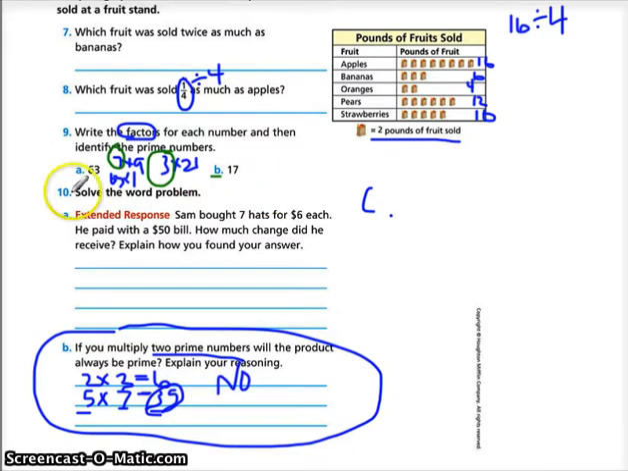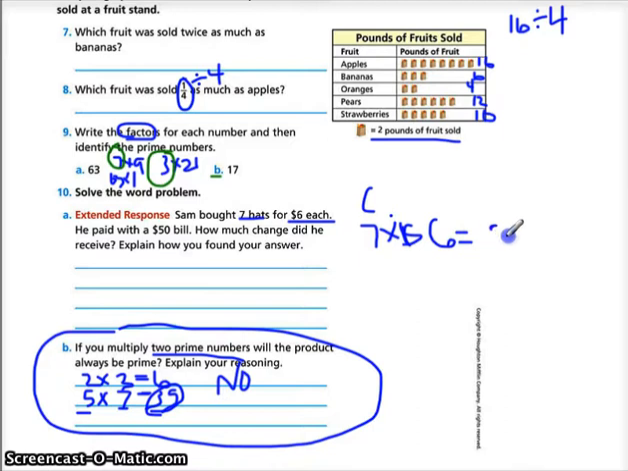All right, now the last one on your sheet is this one. Sam bought 7 hats for $6 each. He paid with a $50 bill. How much change did he receive? Explain how you found your answer. Okay, so first we have to find out how much all 7 hats cost. So 7 times $6, because that's what each hat costs,